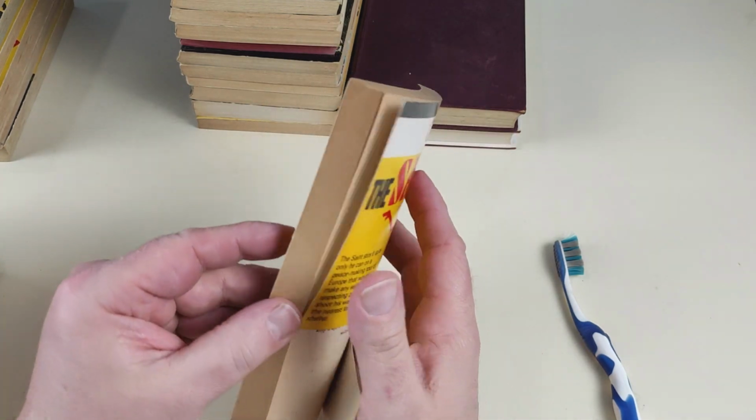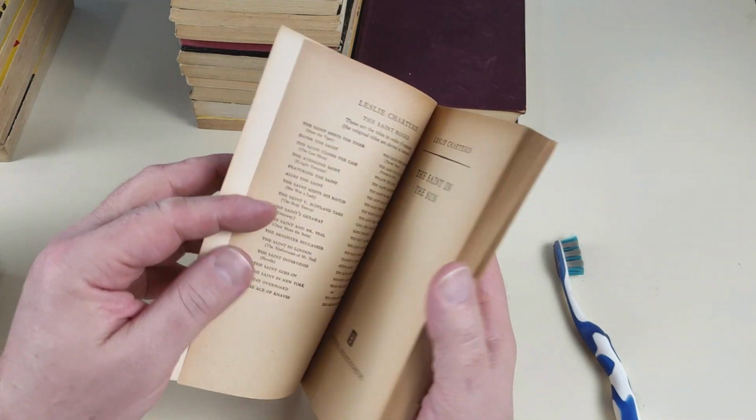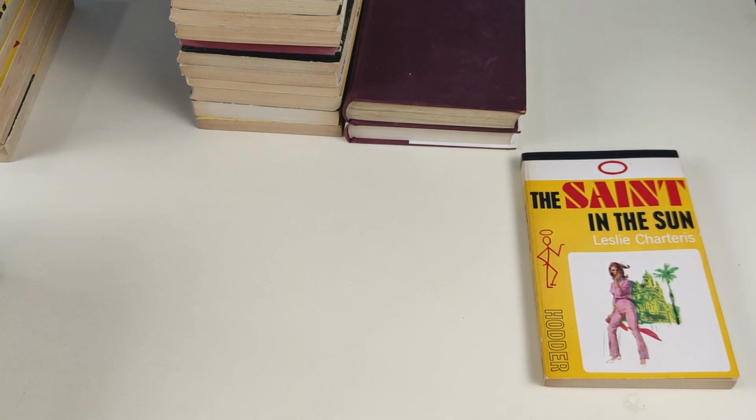This one's got a little bit cut out in the back, but we'll give them the usual treatment that I give all my books before they get added to the collection. And I'm going to be filming a follow-up video, thanks to Ian,